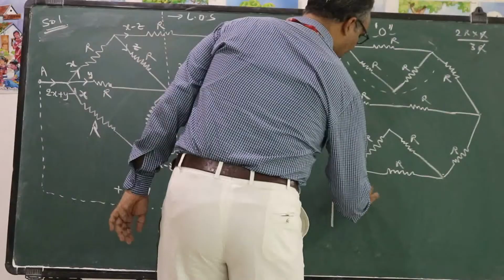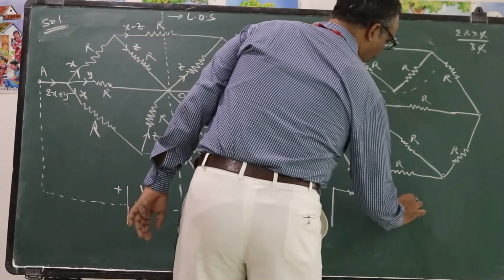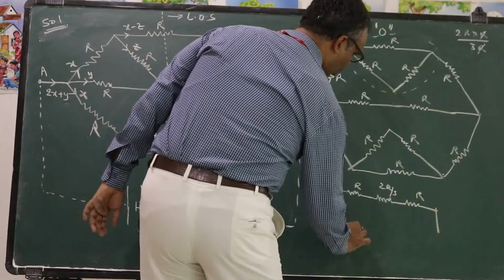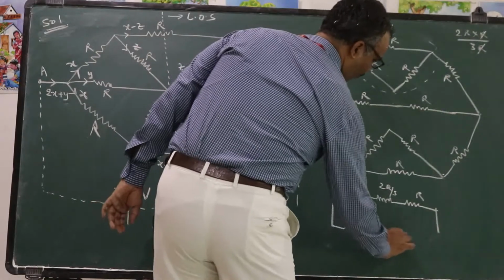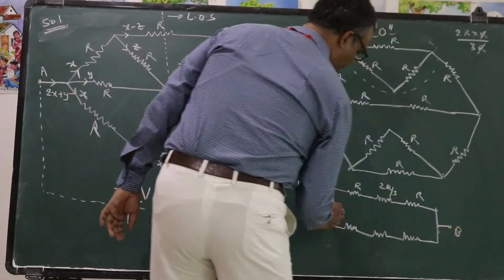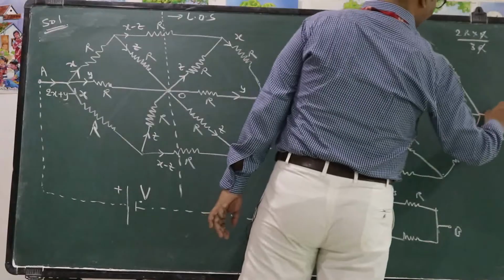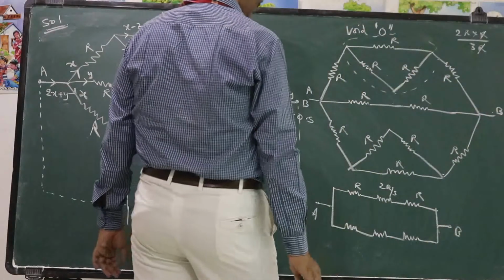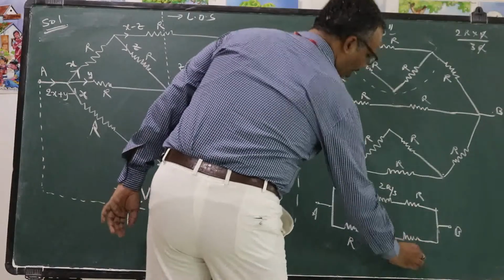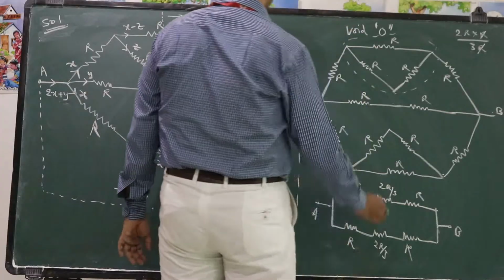One resistor of resistance R. The middle branch 2R by 3 is there. Again one more resistor of resistance R is there. Here at the down also is the same thing. This is B, this is A. Here also it is A, it is B. And what will happen? This is R, 2R by 3, R. Again these three are in series. These three are in series, again they are parallel to each other.